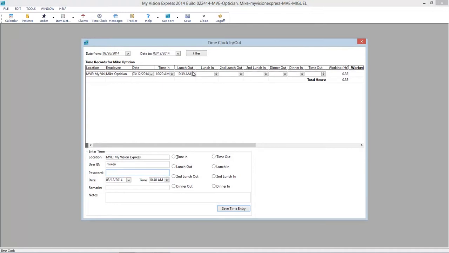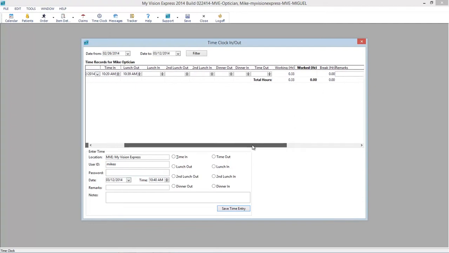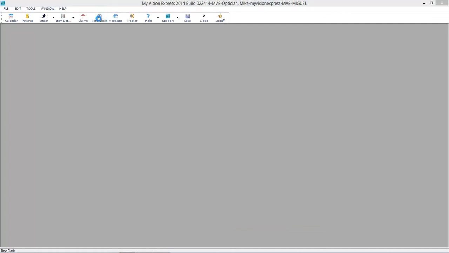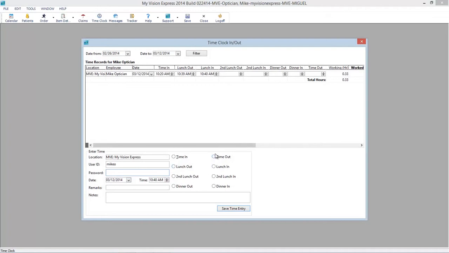When Mike returns from lunch, he will click lunch in, and his total hours will be counted here, worked hours versus break hours. If for some reason Mike needs his time clock edited, he should leave a note for the administrator. Let's say that he clicked lunch in accidentally. He can then go back in, and when he leaves for the day, performs his time out function,